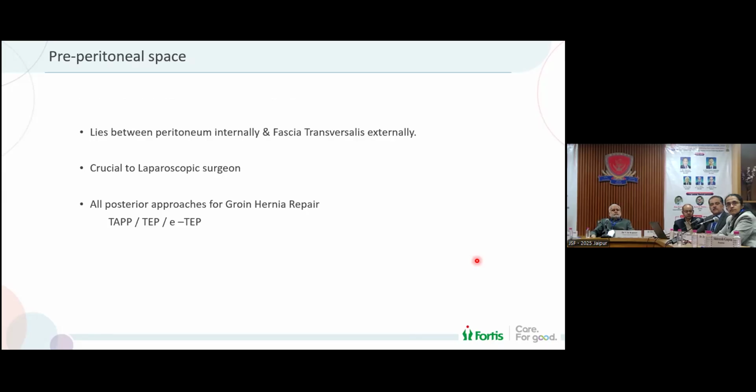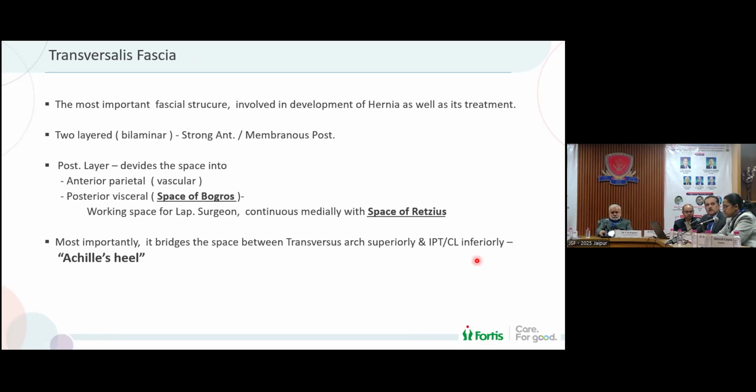So when we reflect, we go to the preperitoneal space, which is the most important space, the mandatory space we have to dissect when we embark on laparoscopic hernia repair. It's crucial to the laparoscopic surgeon. In all laparoscopic approaches, whether we do TAPP, TEP, or ETAP, we have to go into this space. When we reflect the peritoneum and go into the preperitoneal space, the most important structure is the transversalis fascia,